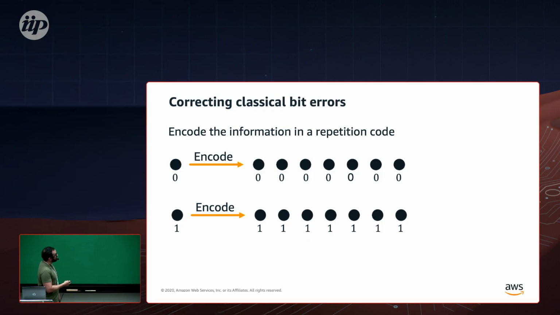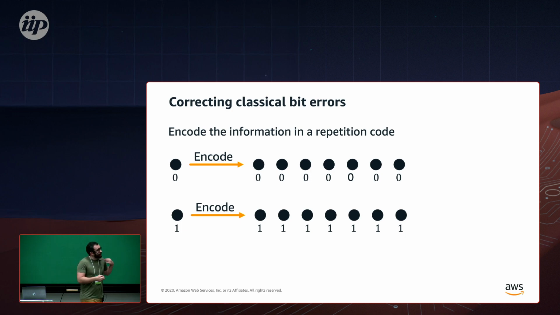There is a very simple error correcting code classically. It's called a repetition code. What you do is, if you want to store a 0 in a magnetic memory, you store a bunch of zeros, right? In this case, 7 zeros. And if you want to encode a 1 in the memory, you store a bunch of 1s. In this case, again, 7 1s. And then the idea, suppose the error channel is not too bad. It's just a stochastic error channel where each bit, independently of the others, has a probability